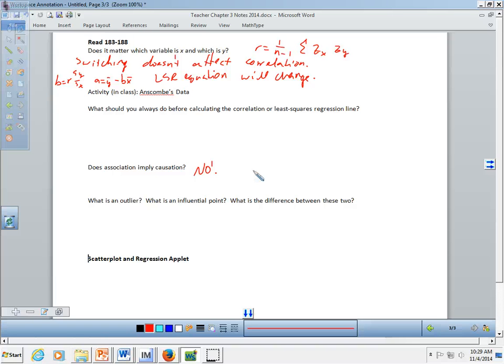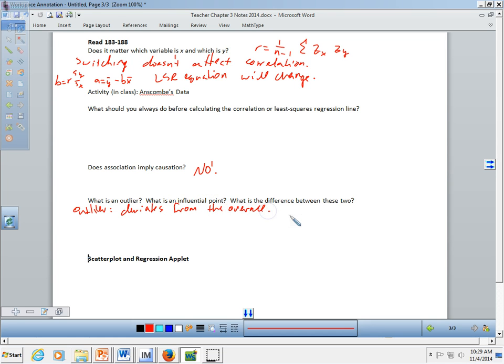Last, what is an outlier? What is an influential point? What is the difference between these two? An outlier just deviates from the overall pattern, right? We've used the term outlier before,